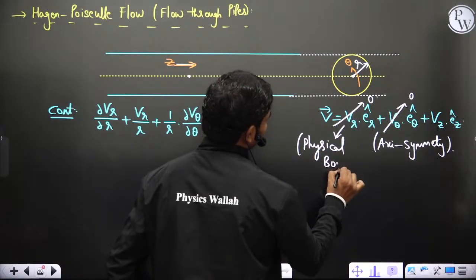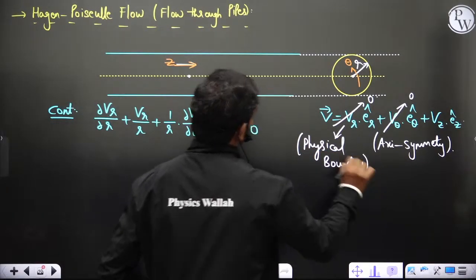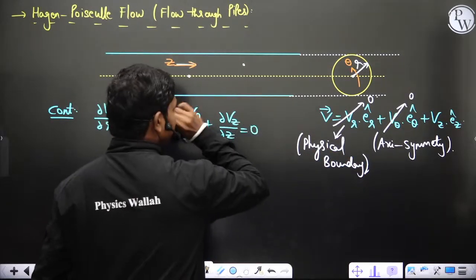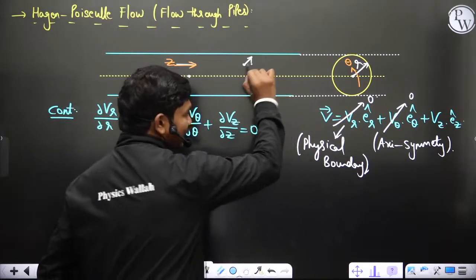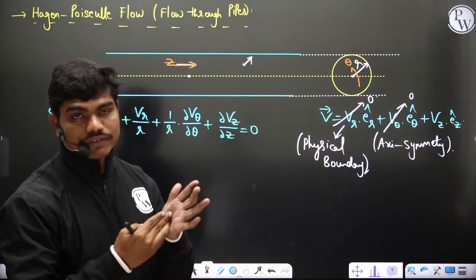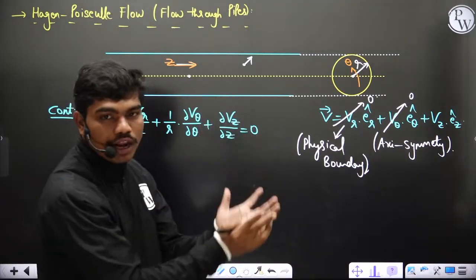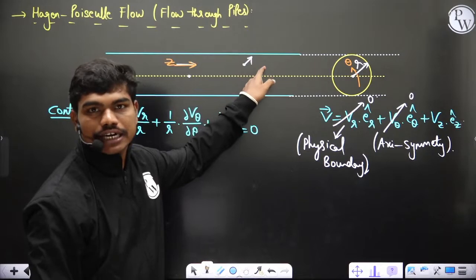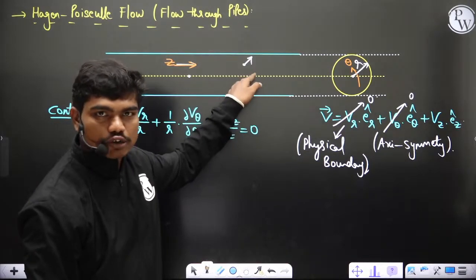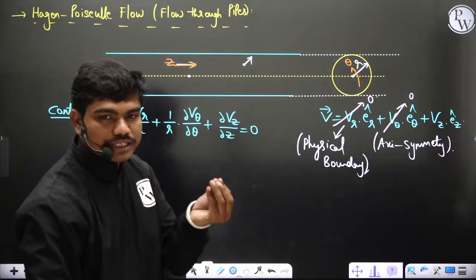Why I'm talking about this is, look here, let us suppose there is a particle here. If it starts moving in the radial direction, very soon it will get in contact with the boundary wall, basically the pipe wall, and this Vr gets arrested. Yes or no? This Vr cannot sustain for a long time, even though, because of a few local disturbances,